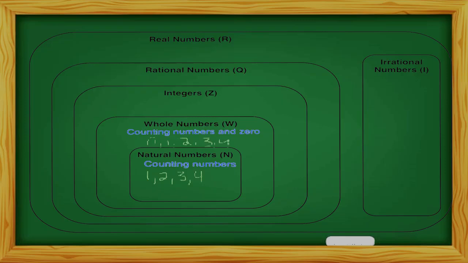Next, we have integers. Integers include counting numbers, their opposites, and 0. Recall that opposites are like -4 and +4. They're the same distance from 0, but one is negative and one is positive. So when we talk about integers, we're including -1,000,000, -100, -7, and all of the positives. We have -4, -3, -2, -1, 0, 1, 2, 3, 4, all the way into the thousands and millions and